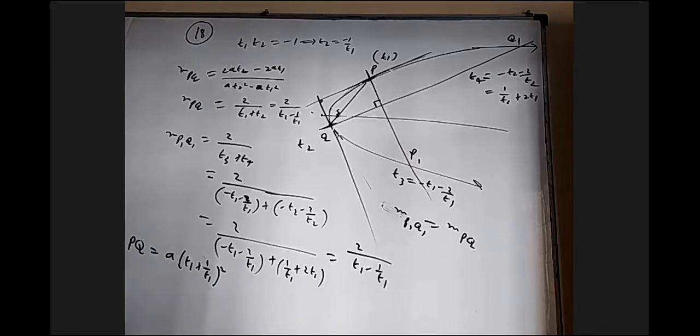Sir, is there a possible way to prove that PQ is parallel to P1Q1 geometrically? Maybe, I don't know. They are normals. That concept has to be used somewhere, and the curve where it intersects. Sometimes it may be possible. I'm not saying it's not possible, but you might use different properties. What are the properties that are used?